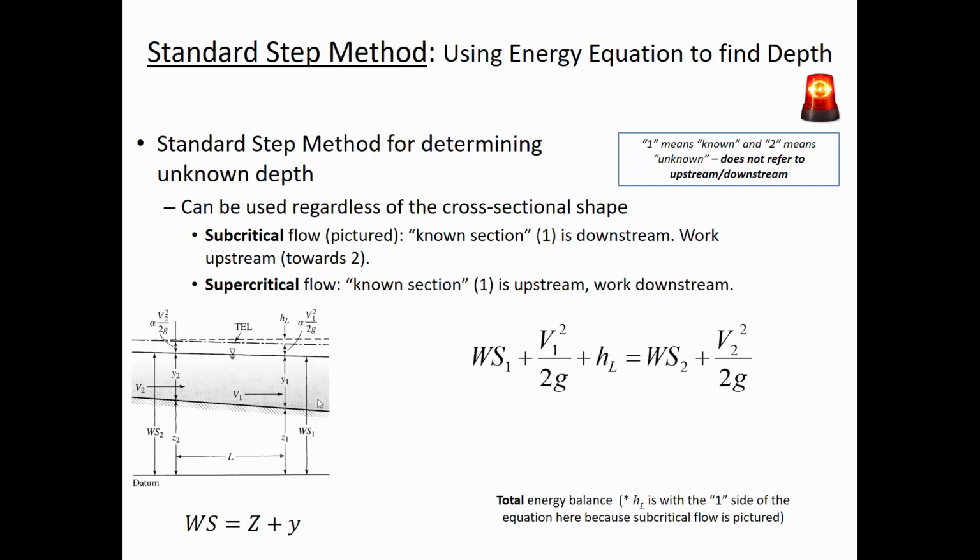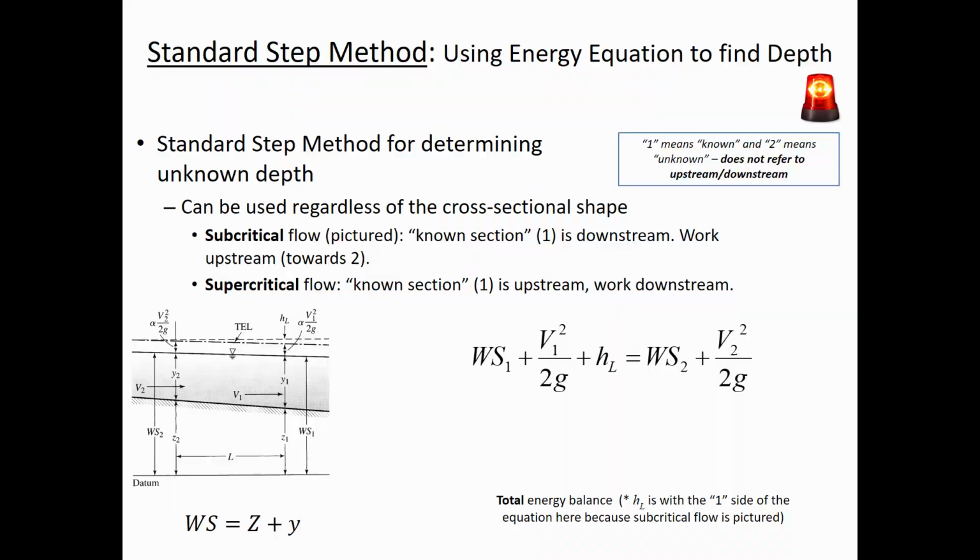So if we rearrange the energy equation, generally what I would do is write the energy equation as y1 + z1 + v1²/2g = y2 + z2 + v2²/2g. This is the energy equation assuming no head losses, but if there are head losses, then we account for them on the right side. So head losses may be frictional losses due to the resistance of flow from the surface, or it could be